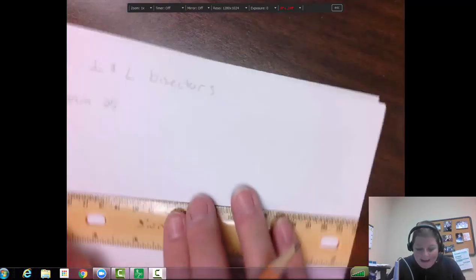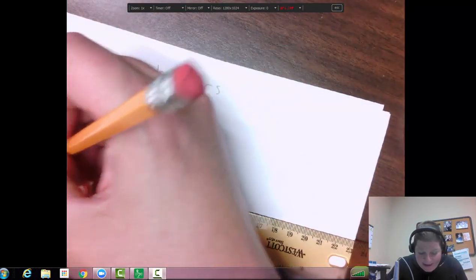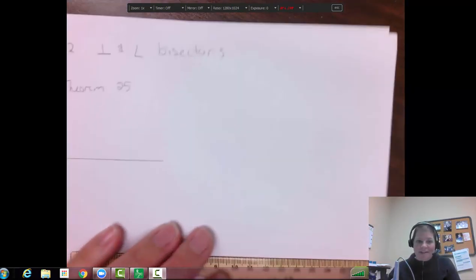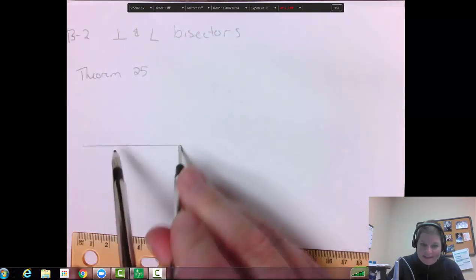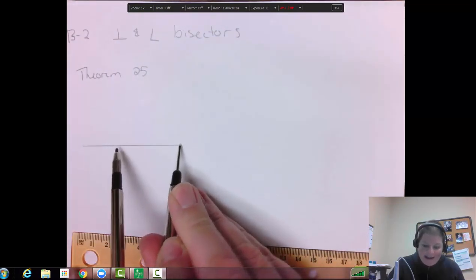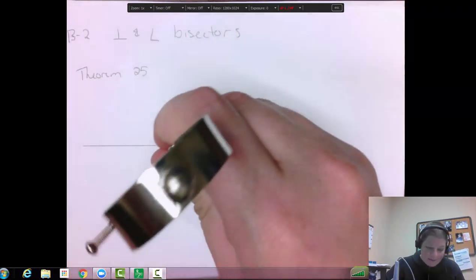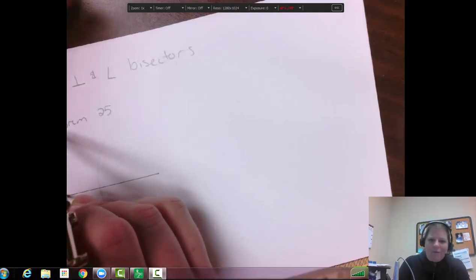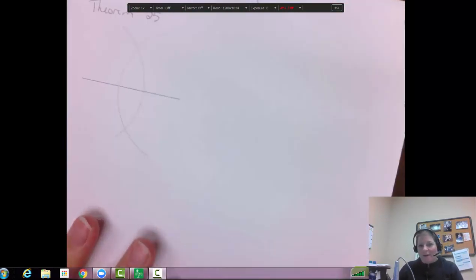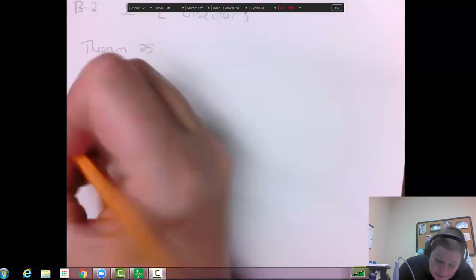So if we had a line and we want the perpendicular bisector using our tools, so we just have a line, I'm going to take my compass and I got to make sure that it is set at least greater than halfway, and I'm going to put it at each end, and I'm going to make a little arc. I got to move my paper for this one because it works better that way. All right, there we go. So these are the arcs that you make, and we'll just call this point A and point